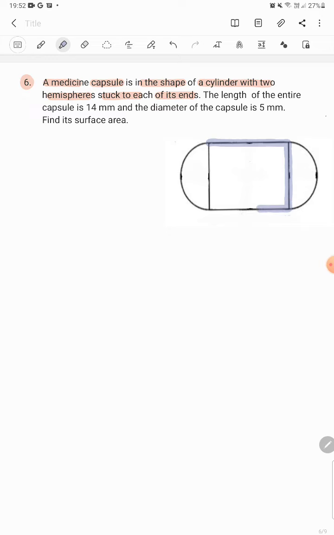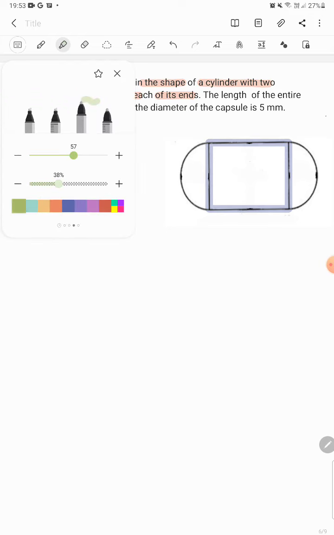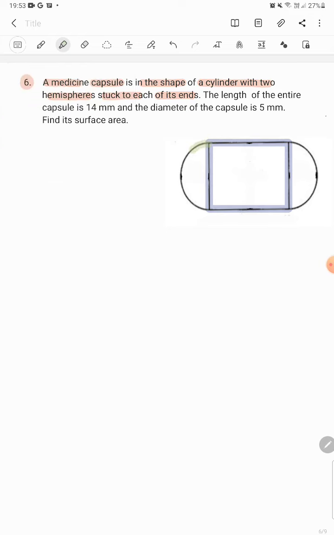a cylinder. This is a cylinder part of the capsule. At the end of the capsule there are two hemispheres. This one, this first, and this is second. There are two hemispheres. So in the middle there is a cylindrical part, at the end there is a spherical part. So we have to find the